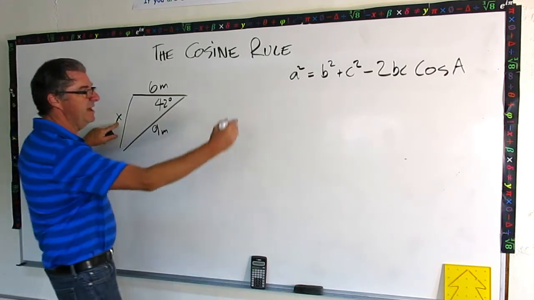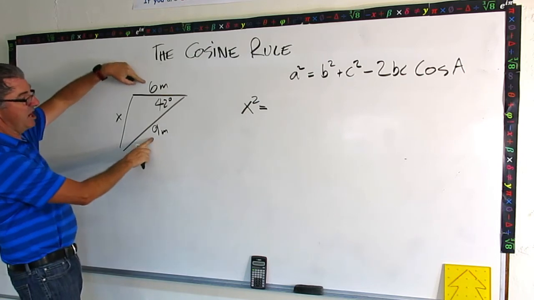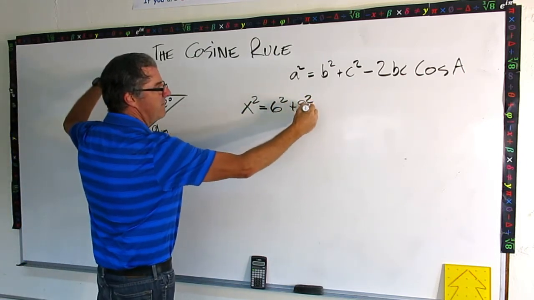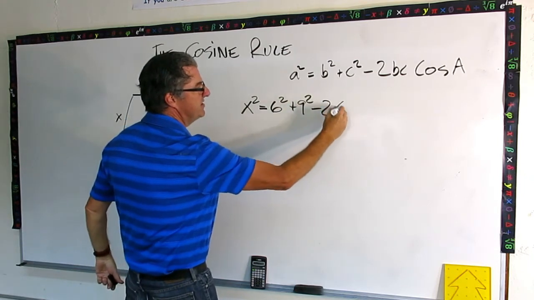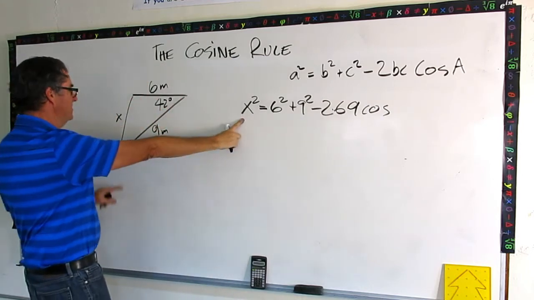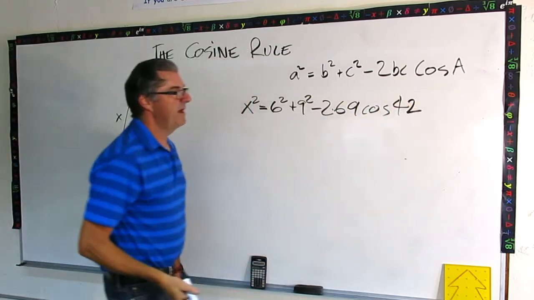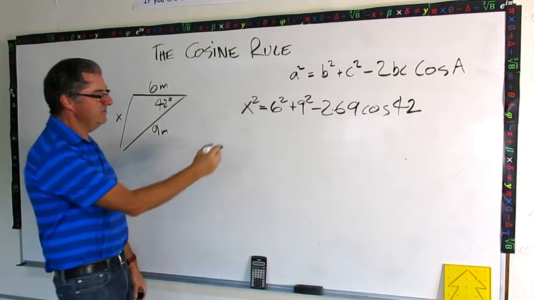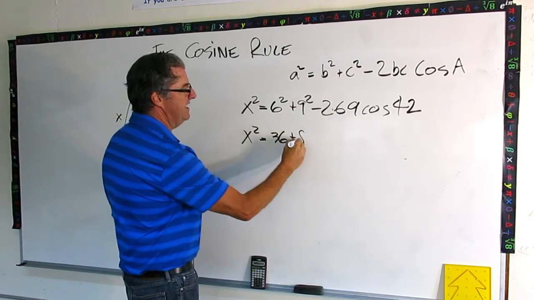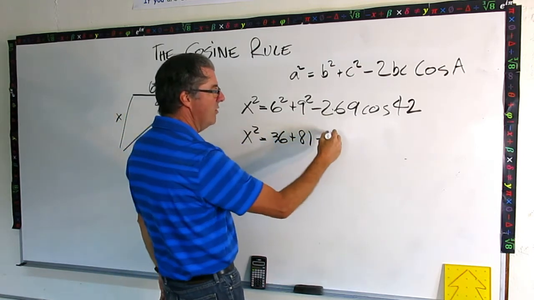So here's my x. X squared is going to equal the squares of the other two sides. So 6 squared plus 9 squared minus 2 times 6 times 9 times the cosine of the angle opposite of the x, so that's 42. So there's my plug-in step. Now let's evaluate. X squared is going to equal 36 plus 81 minus 2 times 6 is 12 times 9 is 108,